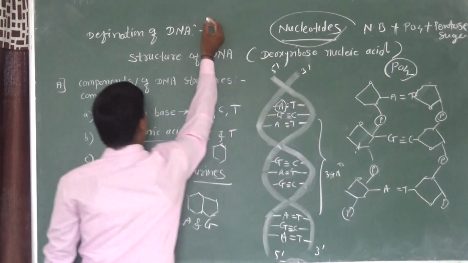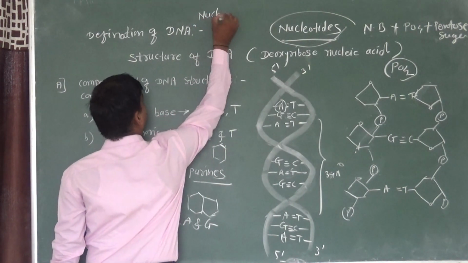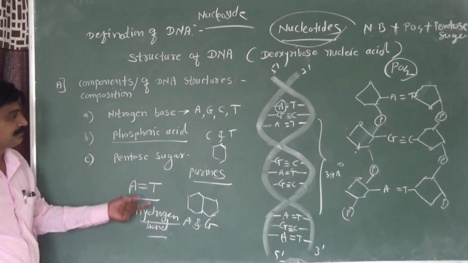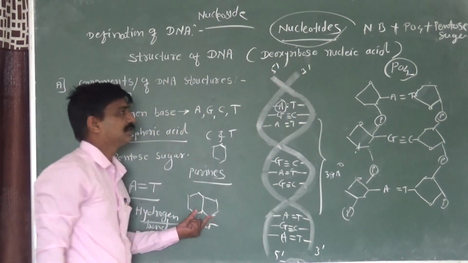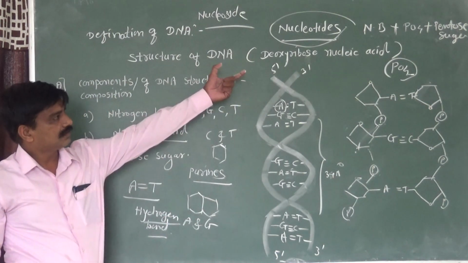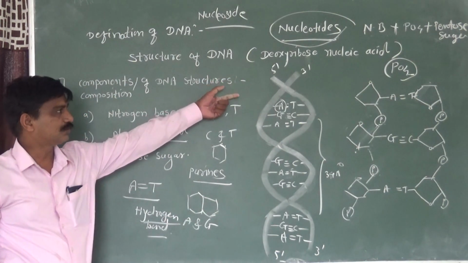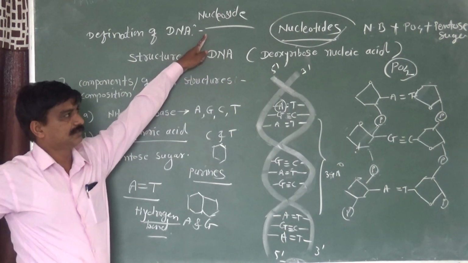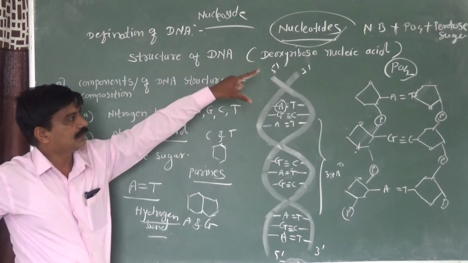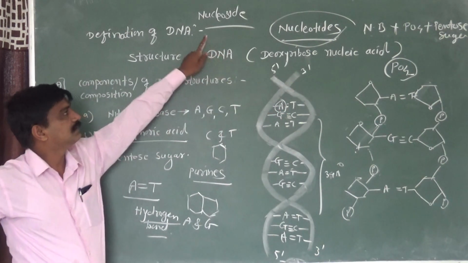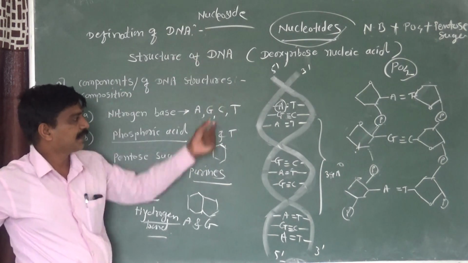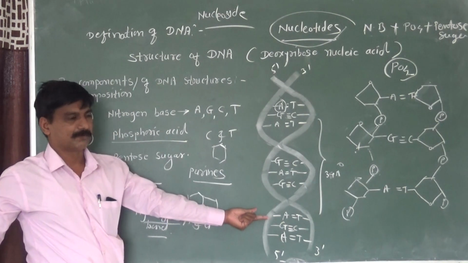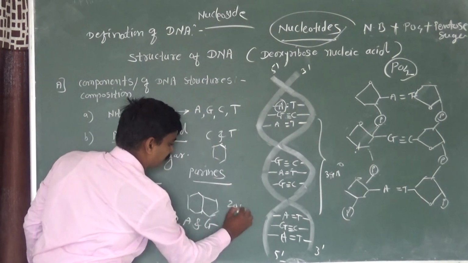And another is the nucleoside. Nucleoside means nitrogen base plus pentose sugar. Phosphoric acid is not present in the nucleoside. The nitrogen base and pentose sugar make up the nucleoside. Here, the diameter of the DNA structure is 20 angstrom,